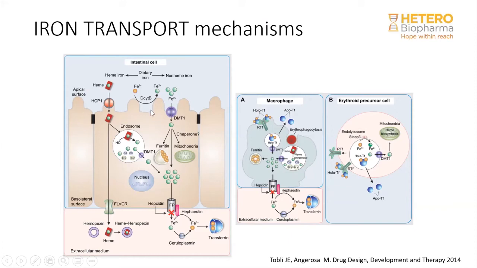Thank you. It's basically the ferroportin, which is important in the transportation of iron from the intracellular space to the plasma. And this is the one which is blocked by hepcidin. So hepcidin blocks this iron transport protein, and that's why iron gets trapped intracellularly, both in the macrophages as well as in the intestinal cells. And what happens is, as these cells increase turnover, the iron gets lost in the stools.